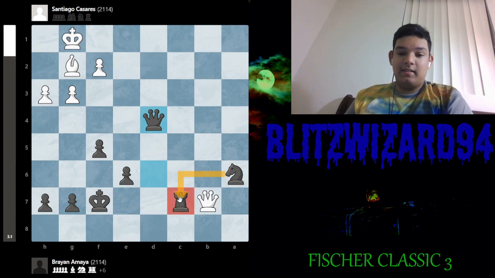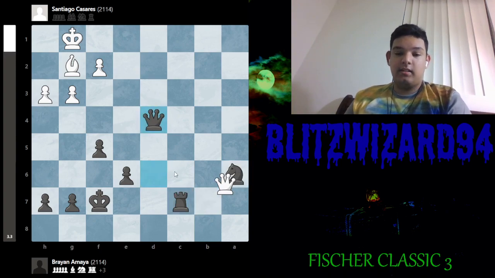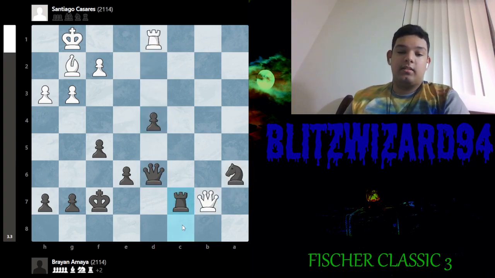And the knight is defending the rook. If queen takes a6, I mean, you're just simply winning. You're up a rook, you're going to win this easily. So Santiago simply overlooked that the rook and the queen are aligned, defending everything. There's no threats. And because of this, after rook c7,